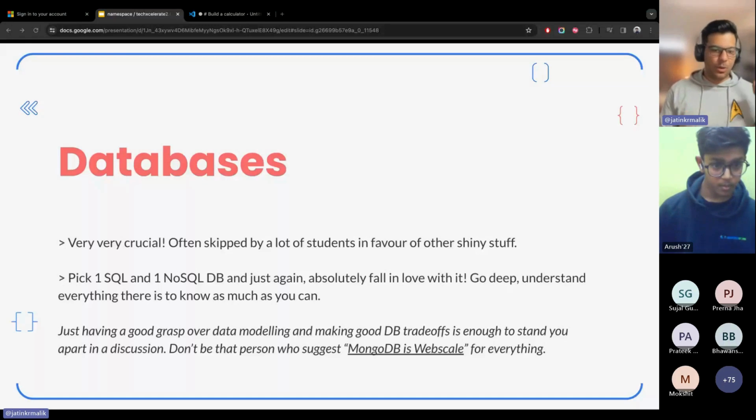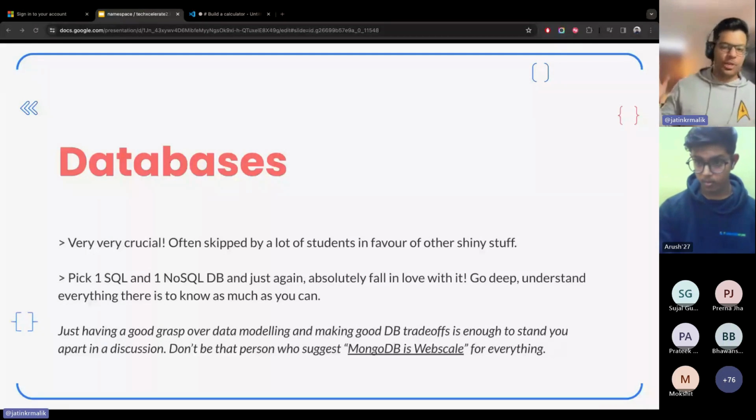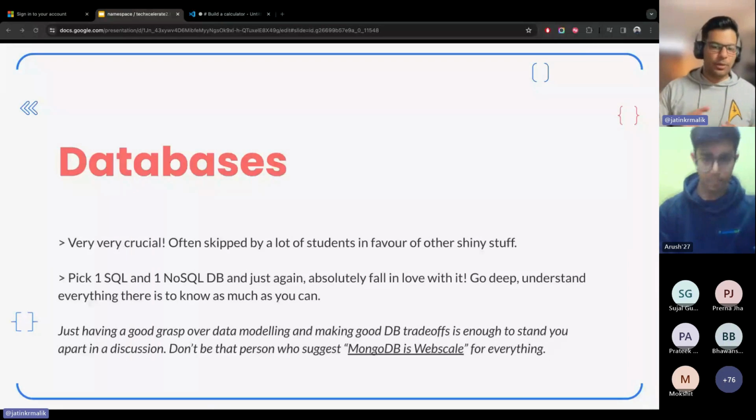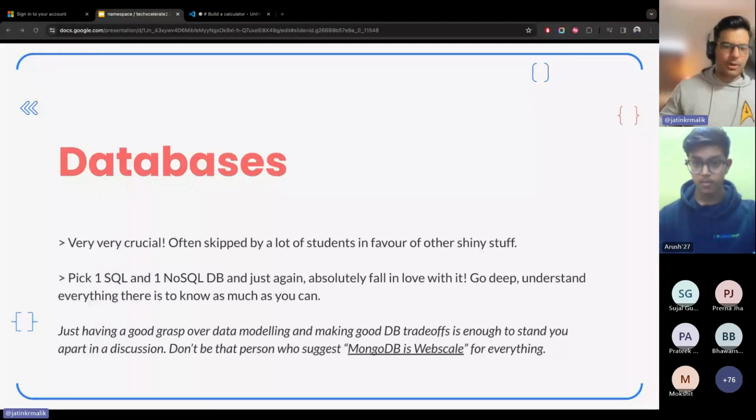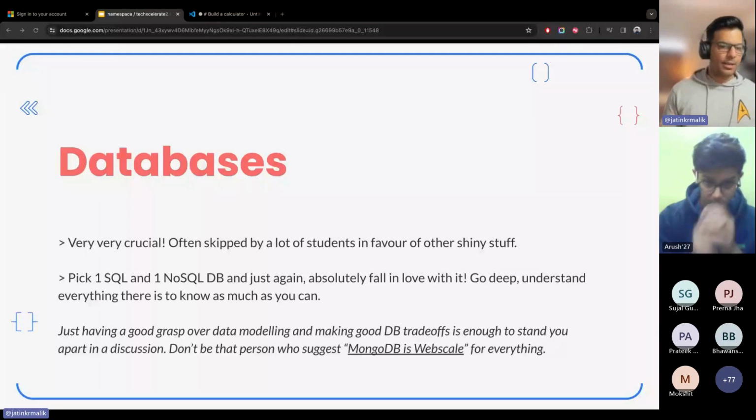So in databases, pick one SQL database, no matter what it is, MariaDB, Postgres, MySQL, RDS, and one NoSQL. NoSQL could be, again, anything. It can be Cassandra, MongoDB, DynamoDB, whatever you want to do, maybe a time series database. And then again, absolutely fall in love with it. Go deep, try to understand everything there is,